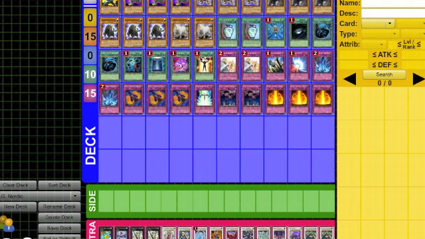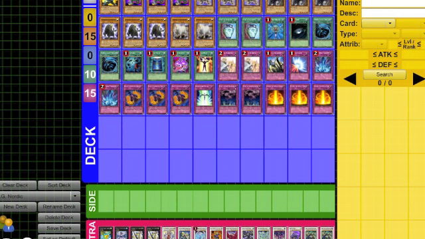On to this trap lineup, we have, to lead off, 2 copies of Solemn Warning, pretty much a staple, 1 Solemn Judgment, 1 Mirror Force, 2 Torrentials, pretty much all staples. Then on to the tech choices we have. First off,